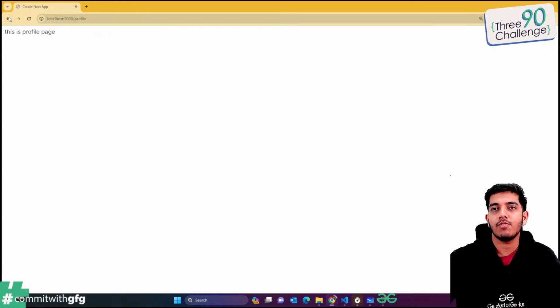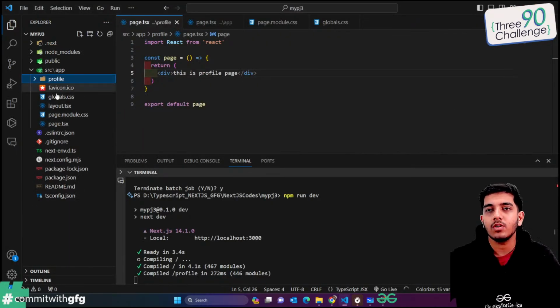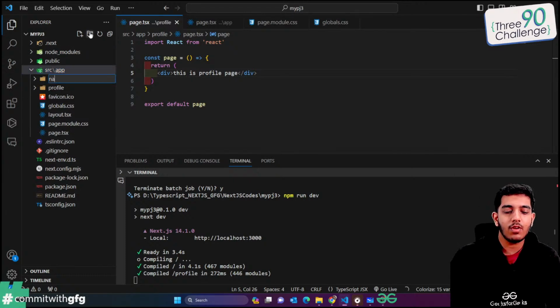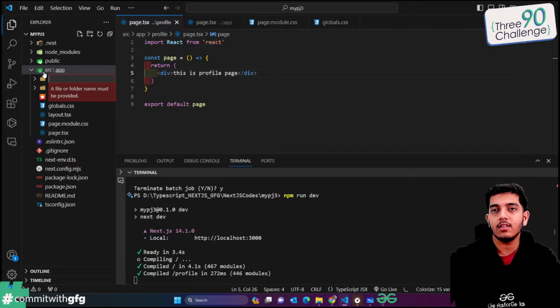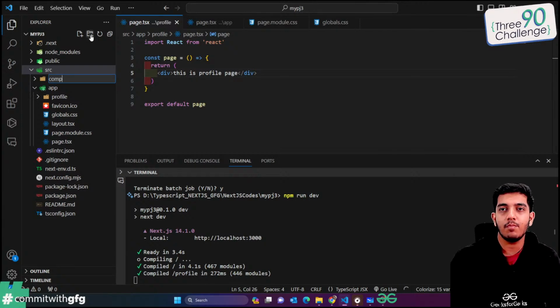Yes, you can see that we have the profile page also. Perfect. So now let's create one component, a navbar component, so that we can navigate between these two. Suppose we have a navbar component. Actually, it must be inside the src. Inside the src, we're gonna create one directory named